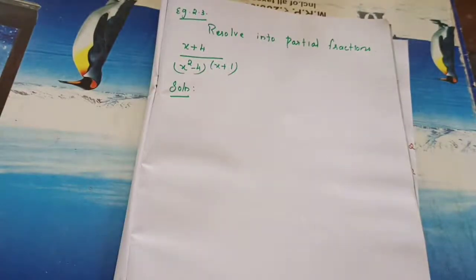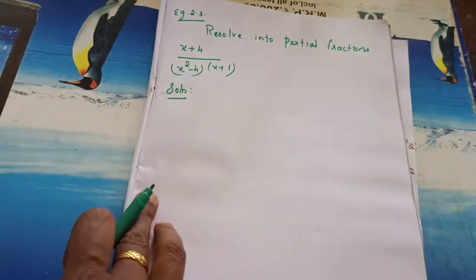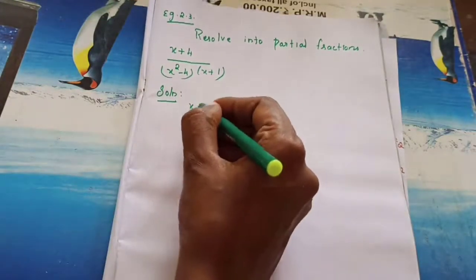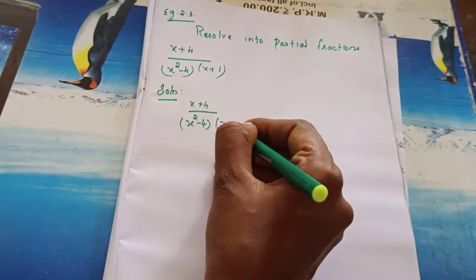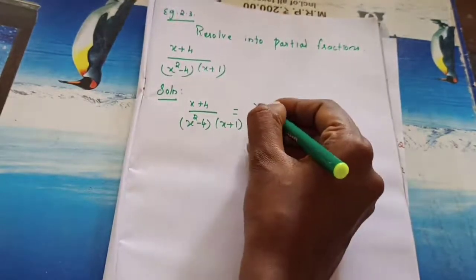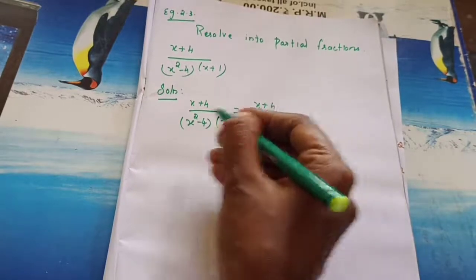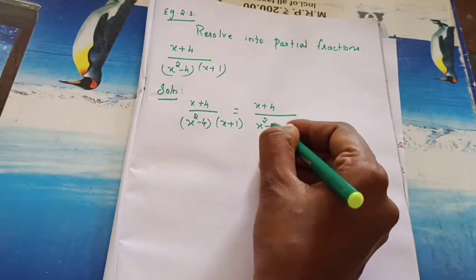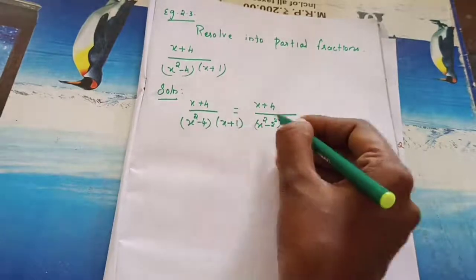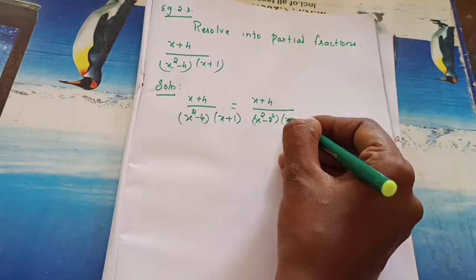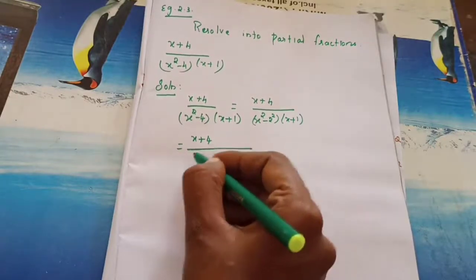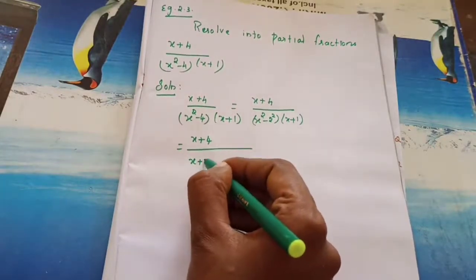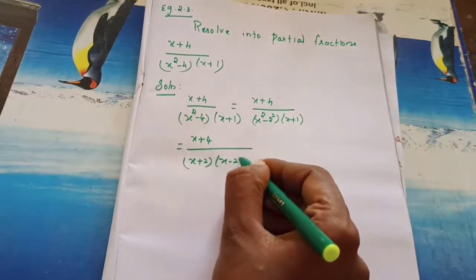What are the three factors here? Here there are three factors. So first you need to simplify this: (x + 4)/((x² - 4)(x + 1)) is equal to (x + 4) divided by, this one how will you write? a² - b². Yes, 4 we can write as x² - 2², times (x + 1). Next step, how can you simplify? (x + 4)/((a + b)(a - b)).